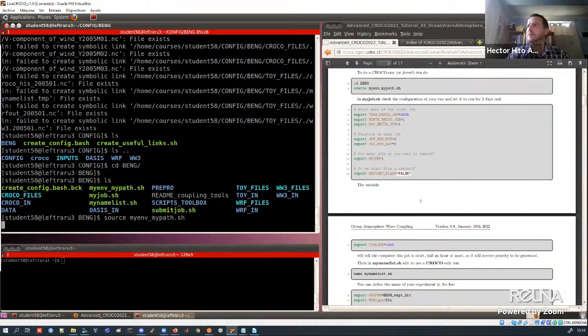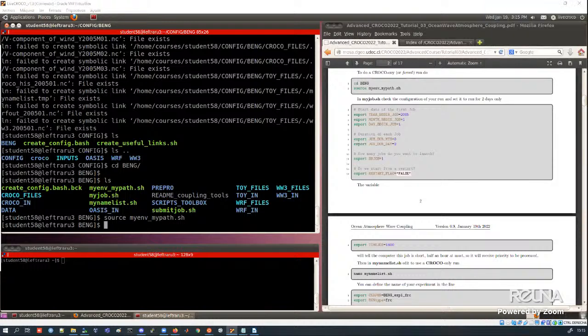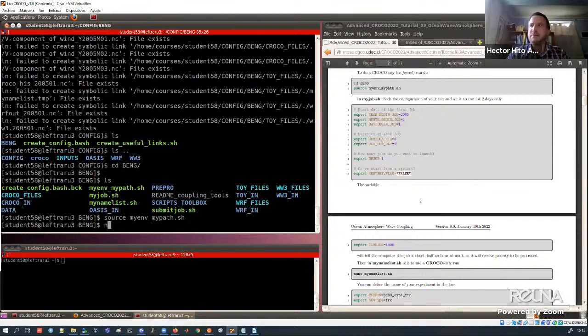Okay, nothing happens. Well, nothing should show up. So that's, in any new system, in any new computer, an important file, to define the many variables. The next important file is this